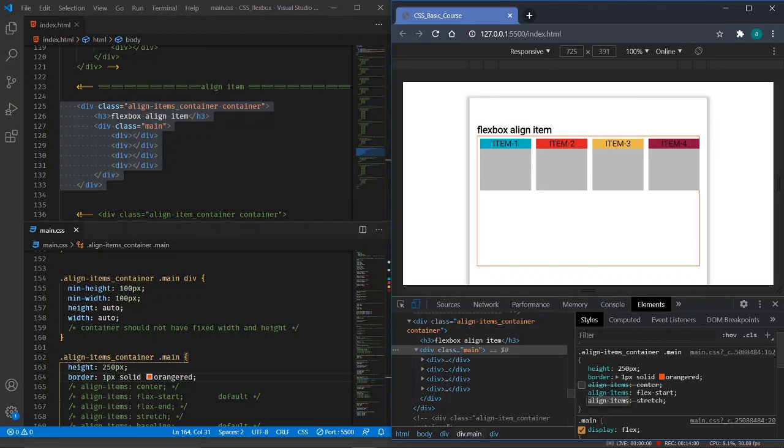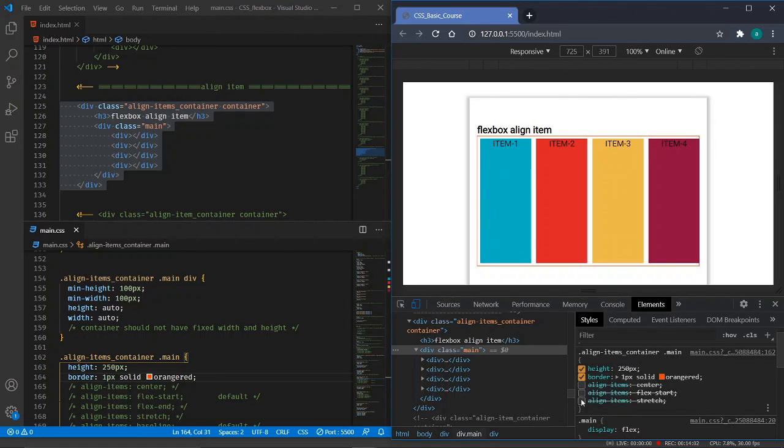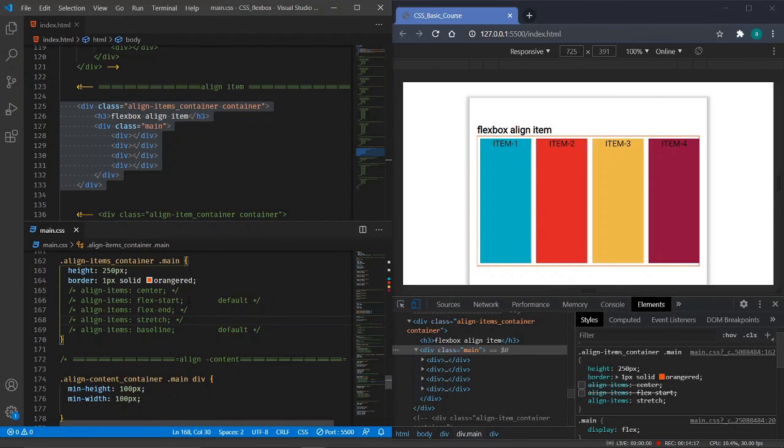That is the default one. Then we can have the stretch also. So stretch, you can see this is having the stretch one. So this is the way we can have multiple types of values for this.